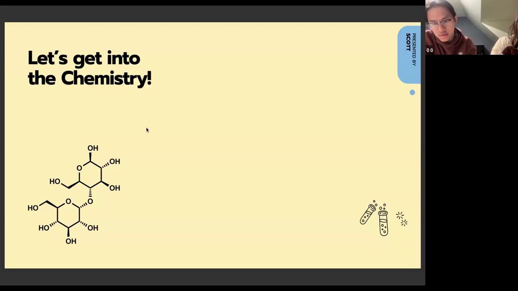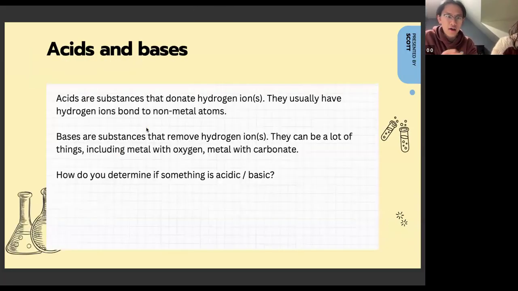body. So starting off, we're just going to define what acids and bases are in order for you guys to get a basic grasp of what's going to be happening to Stephanie. So acids, at this level, we define as substances that donate hydrogen ions, represented by an H. They usually have hydrogen ions bound to non-metal atoms. An example of an acid would be hydrochloric acid, HCl, the Cl being the non-metal atom and the H being